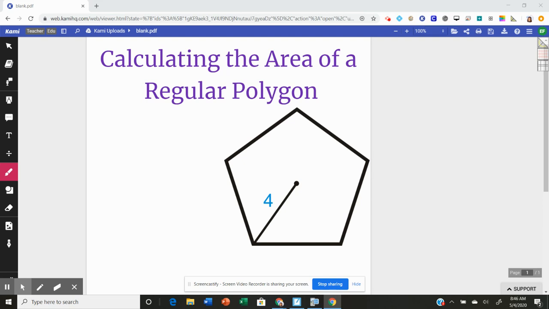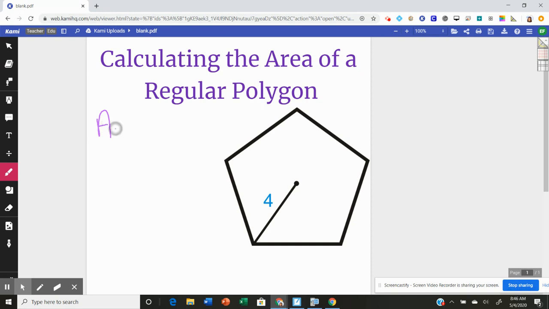Hello again. Today we're going to be working on calculating the area of regular polygons. So here's just going to be a short little video, something that you can use as a model before you try today's assignments. Just as a reminder, area of a polygon, our formula that we are looking at, area